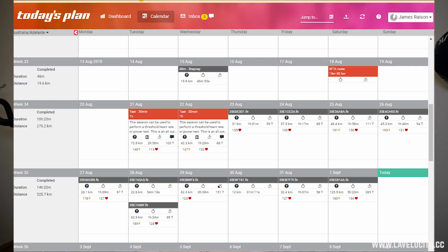Now, those structured training nerds among you will be happy to hear that you can use the Lezyne units with Training Peaks and Today's Plan. Once you've created a workout in those services, you use your phone app to send it to the GPS unit. The unit will then ask you whether you'd like to start the workout, you say yes, and it'll guide you